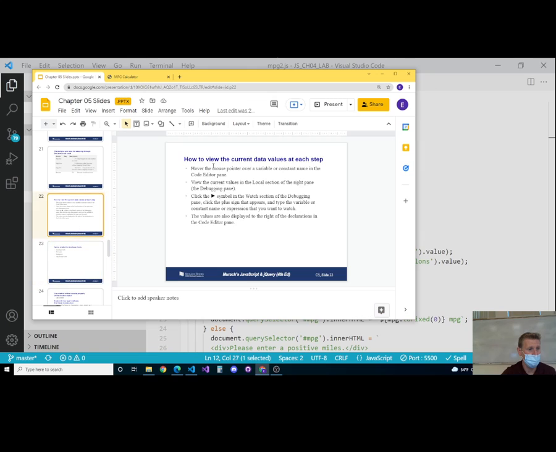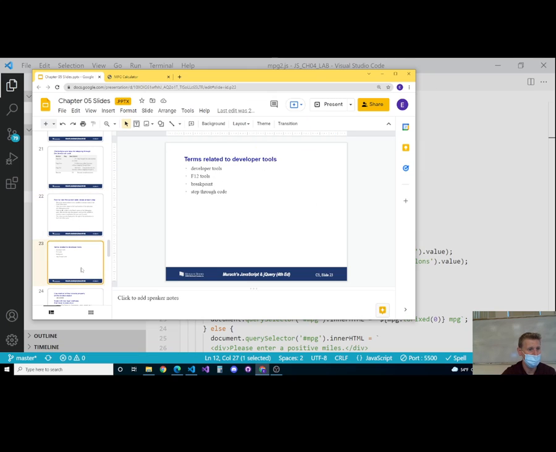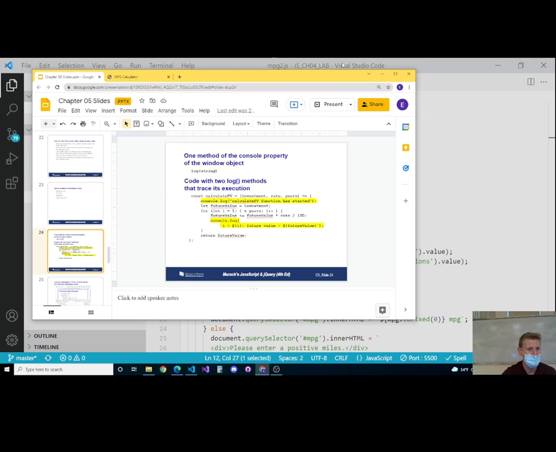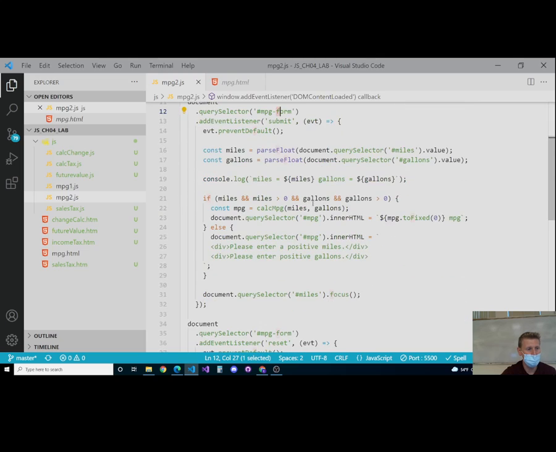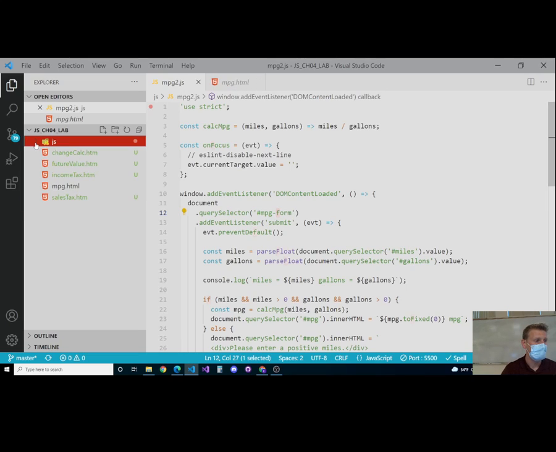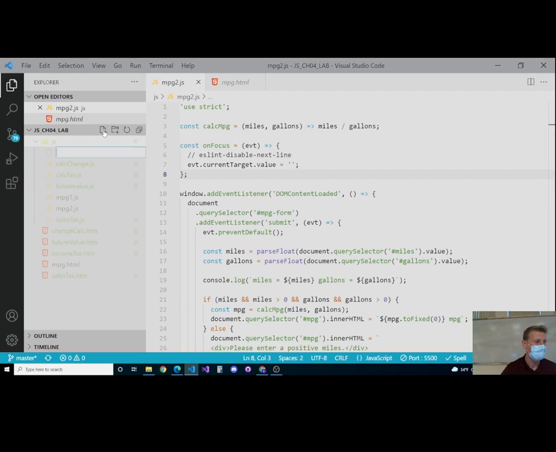All right, I showed you how to look at the variables, right? Stepping through code. Now, then the question becomes, when do I want to use a log versus the step-in tool? And stepping in is awesome until you can hit like a loop. And this is the best example I can think of is,